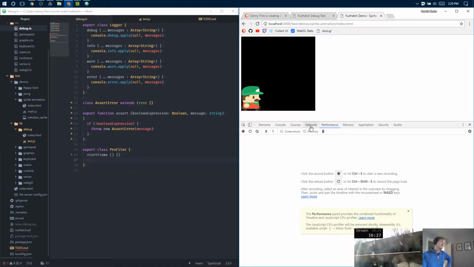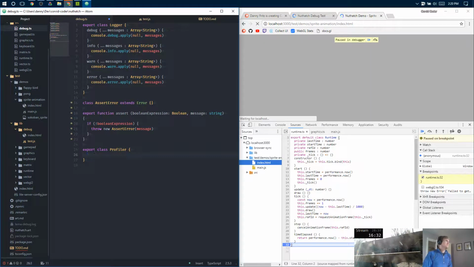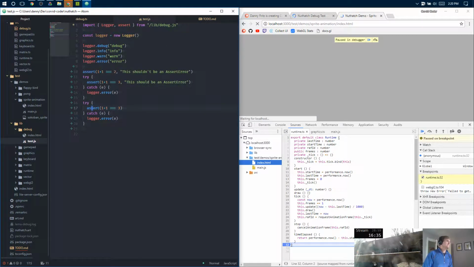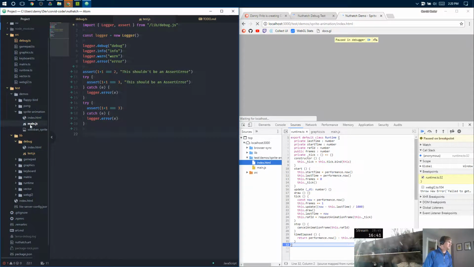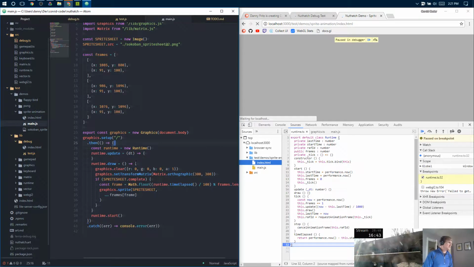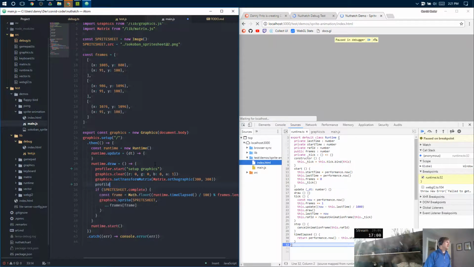This is more complicated than I'm thinking it is. But basically, if I went into, we'll say, sprite animation, I looked at this file, I want to be able to do stuff like inside draw. I'm curious how long this part takes. So I call it profiler.start. It'd be like setup graphics, and then I'd say profiler.end setup graphics, and then inside of that